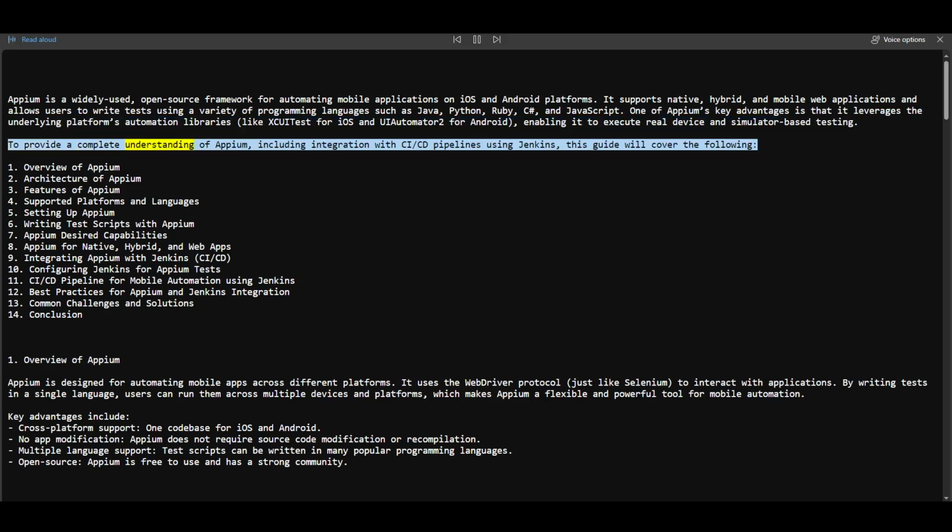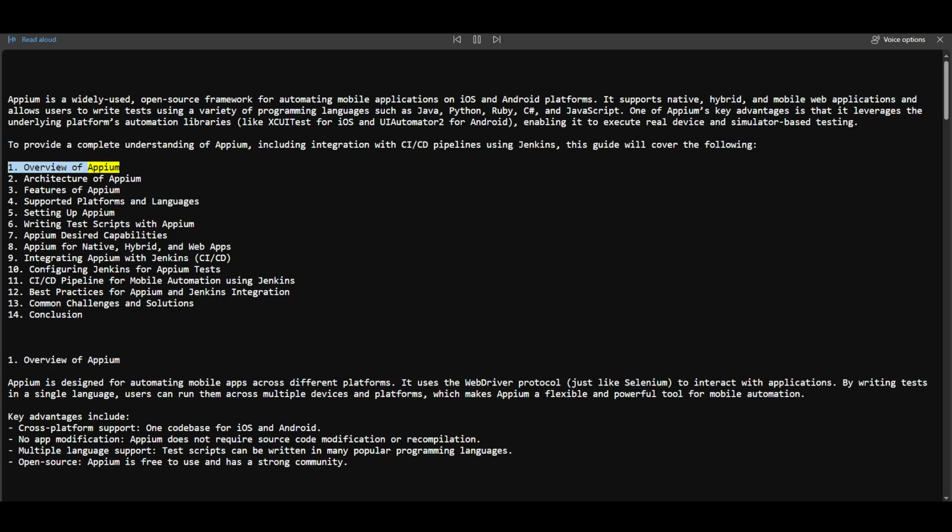To provide a complete understanding of Appium, including integration with CI/CD pipelines using Jenkins, this guide will cover the following: 1. Overview of Appium 2. Architecture of Appium 3. Features of Appium 4. Supported platforms and languages 5. Setting up Appium 6. Writing test scripts with Appium 7. Appium desired capabilities 8. Appium for native, hybrid, and web apps 9. Integrating Appium with Jenkins, CI/CD